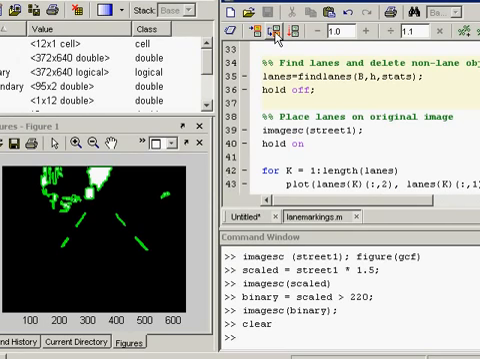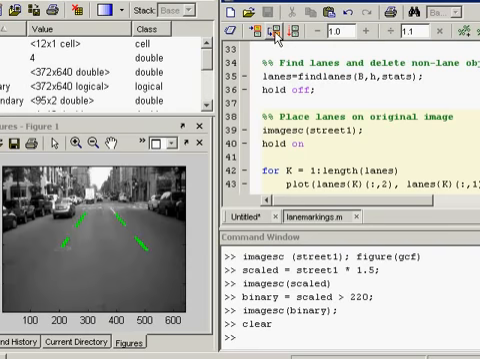You can call other MATLAB functions that you have created yourself. Here we will call another function that determines which object boundaries are lane-shaped and deletes the ones that are not. Here we see the final result with the detected lanes overlaid on the original picture. You can also debug your code by setting breakpoints, single-stepping through your code,